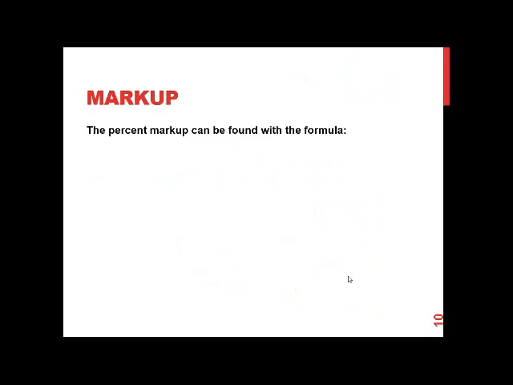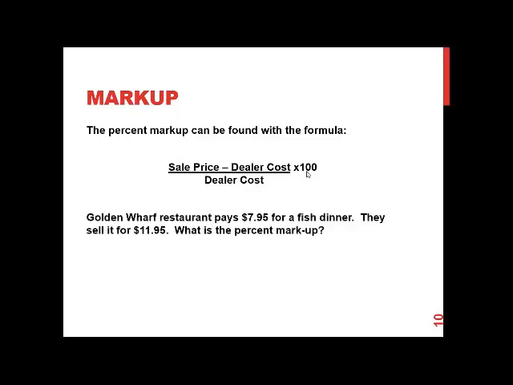Alright, the percent markup can be found with the formula sale price minus dealer cost divided by dealer cost. It's just a variation on the theme of new minus old divided by old, all times 100. So the Golden Wharf restaurant pays $7.95 for a fish dinner. They sell it for $11.95. What's the percent markup? So we'll take the sale price, which is $11.95, subtract the $7.95 that it costs, and